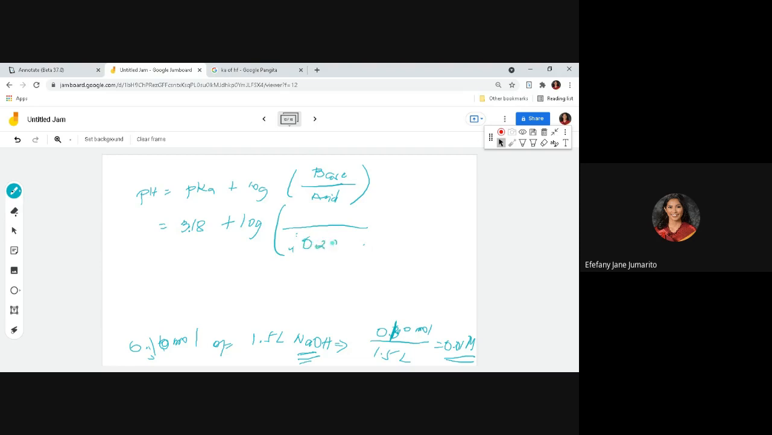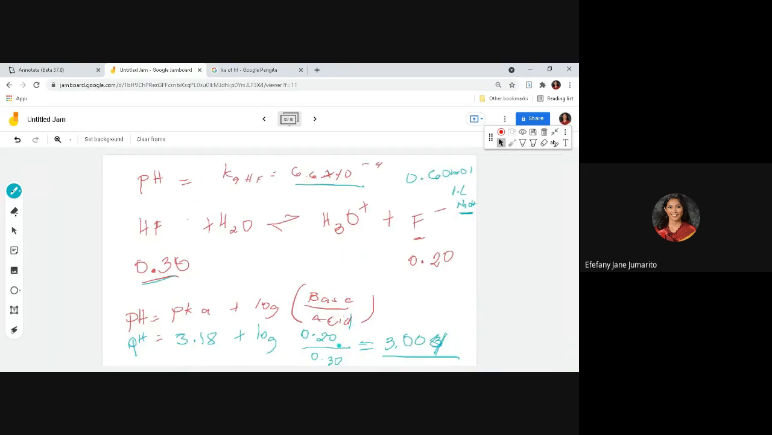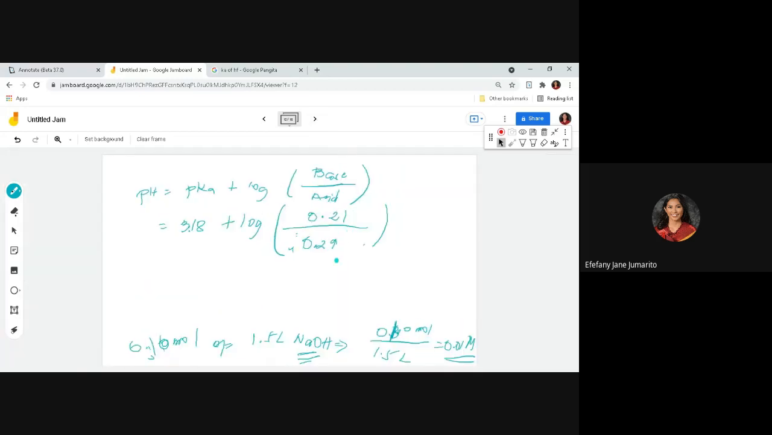Okay, 0.29. Then what will happen to the base? It will form the conjugate base, so it will increase. It will become 0.20. Then the pH is equal to